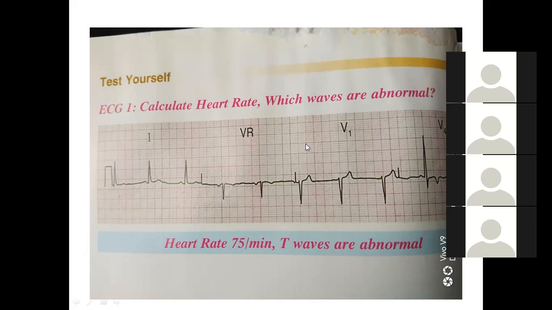Then you go to V1. Now what do you see in V1? Is there a P wave there properly? No P wave. Small P wave. Can you find a very good P wave like you see in lead 1? Not very clear, sir. Is it as clear as lead 1? No, sir. Not very sharp. I will tell you about this later. There is some reason. Low amplitude P wave.